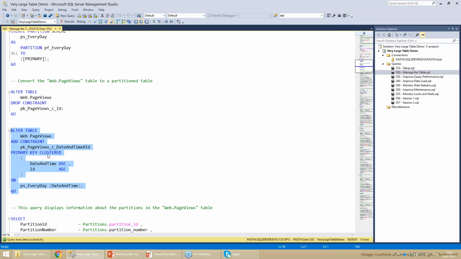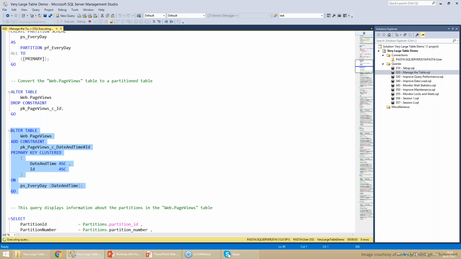This time I'm specifying that it's a primary key, it's a clustered index, and I'm going to put the clustered index on this partition scheme with the date and time column as the partitioning column. Something you need to bear in mind is that if you want to partition a table, you have to put the partitioning column inside the clustered index, the primary key in this case. So I have to add the date and time into this clustered index. Let's run this one. Okay, so it's going to take some time.